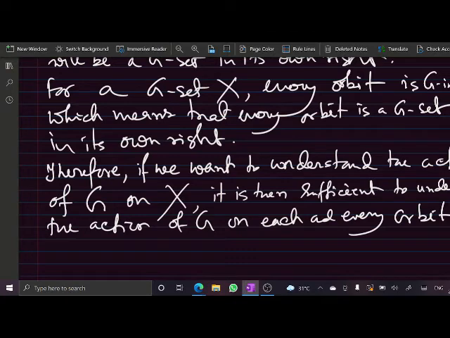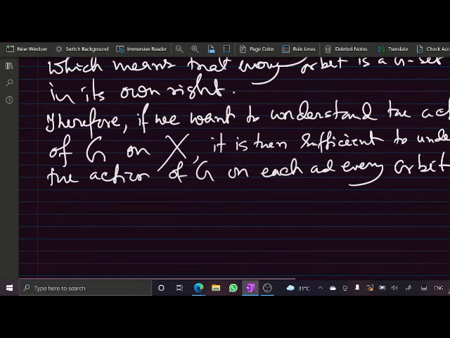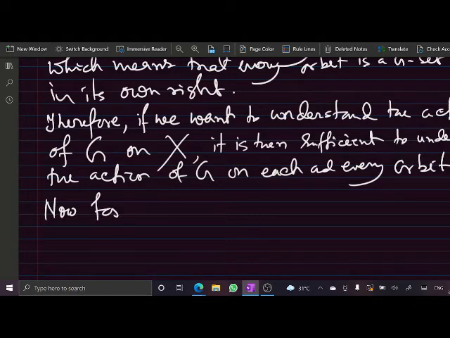And then you can glue together the G action of orbits to obtain the G action on the whole set X. Okay. So now